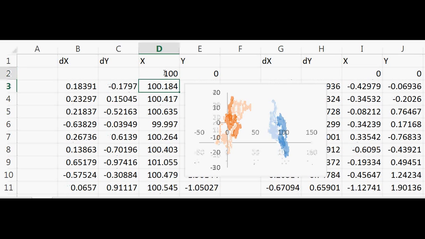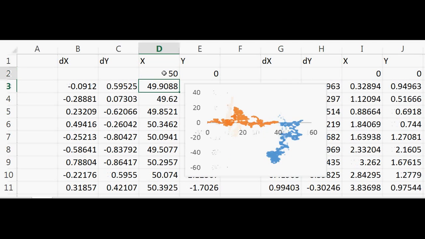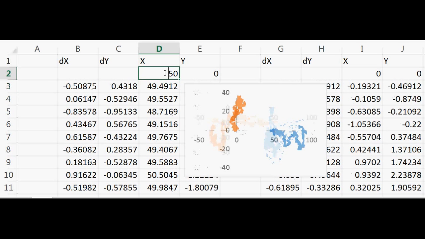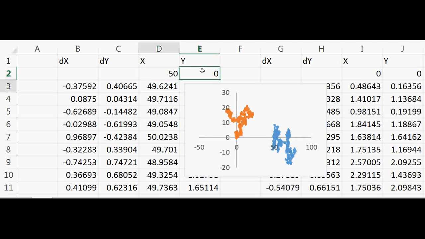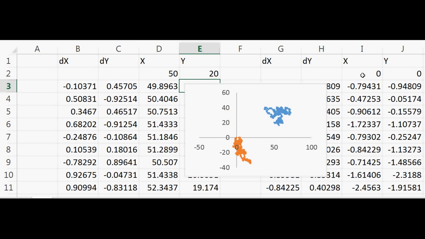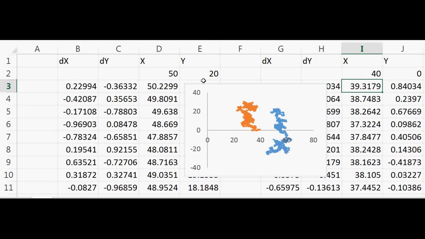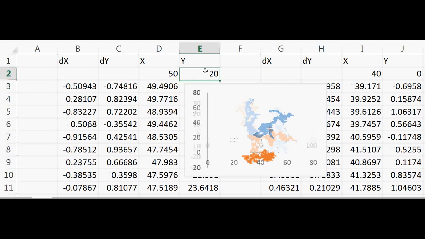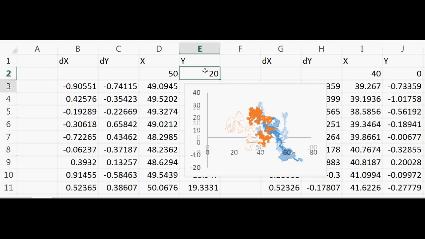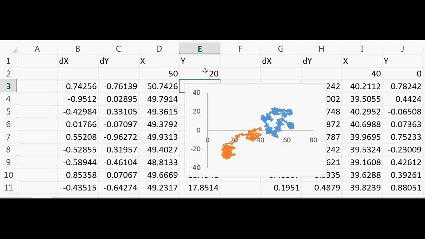So they're far from each other, but if I bring them closer, I write a 50 here, then you can see they are closer, but still not overlapping. And let me say 20 here, 40 here, and now you can see. So we can do all kinds of simulations and random walk simulation using the Excel sheet, and it's very